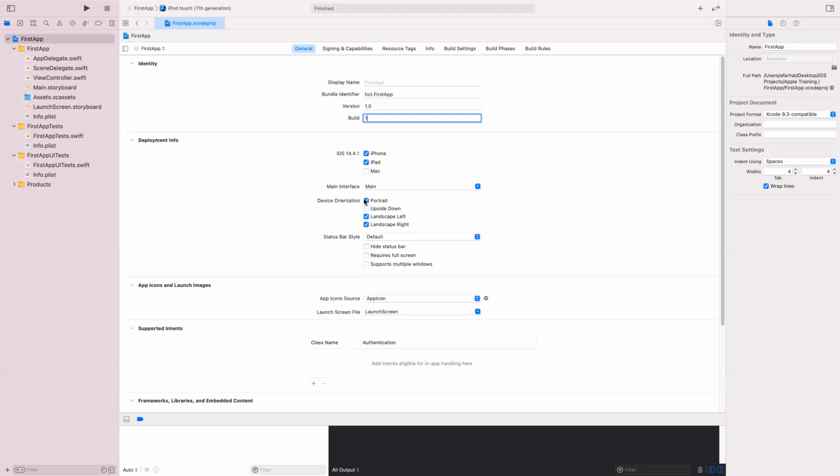Do you want to allow portrait? Do you want to allow landscape, or landscape left and right, upside down? If you select any of these, you need to make sure that when you design your application, it actually runs and the UI is lined up based on your orientation. The easiest way, if you do one